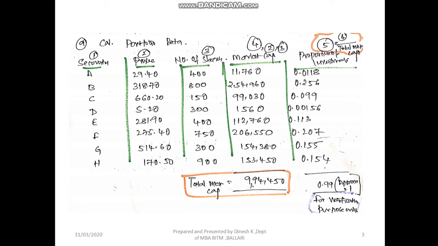Just for understanding purposes, when we add up all the proportions of investment, it should be approximately equal to 1, which shows that 100% of the investment that we have made would be equal to 1. This is not required from the point of view of understanding or for examination. Just for your reference, it has been shown as a sum of the values which is equal to 0.99. Fine. Coming to the next sub question B.